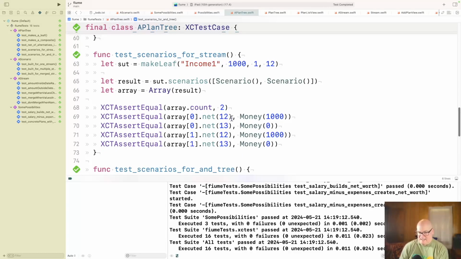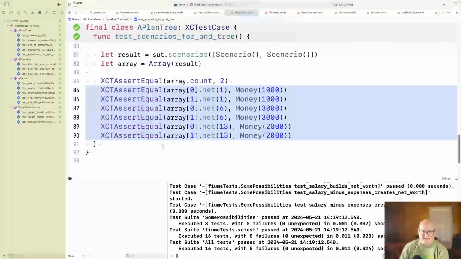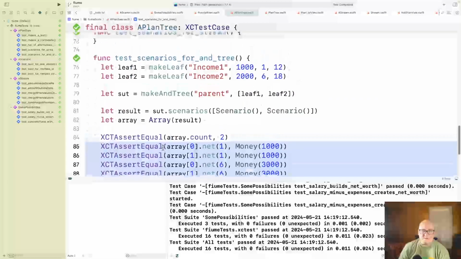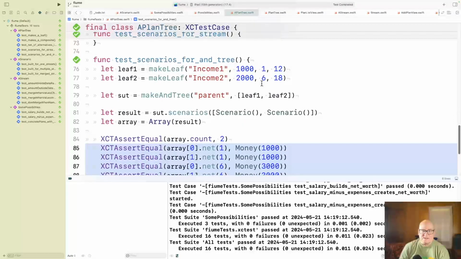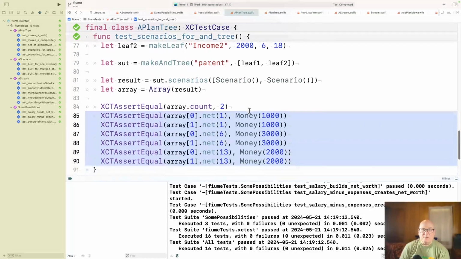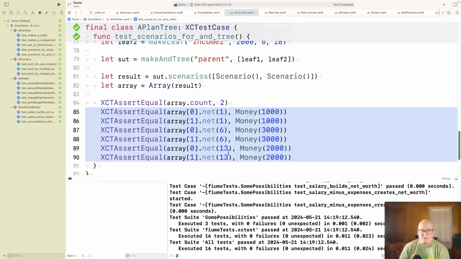But I think I'll let it stand. Yeah, I'm definitely testing boundaries, because it was like month 6 they go up. I could probably test 5 too, but month 6 they go up. Month 12 it goes down, or end of month 12 it goes down. So 13 is down again.